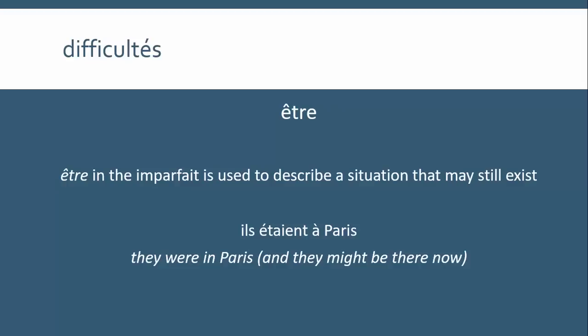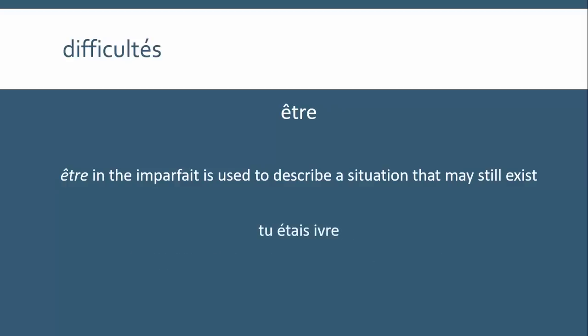It's a description, it's not the main action that happened, it's just, they were at some point in time in Paris. They could be there now, they might not, who knows, who cares. Similarly, tu étais ivre is you were drunk, and again, you could still be now, you might not still be now, it could have been a long time ago, it could have been yesterday. Again, it's not important, we're not worried about the exact time, just that at some point in the past, you